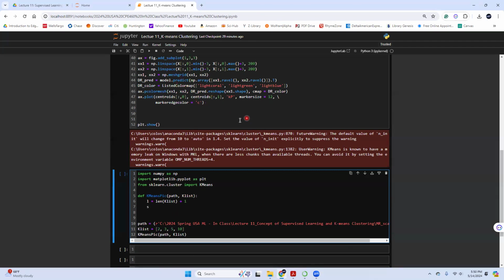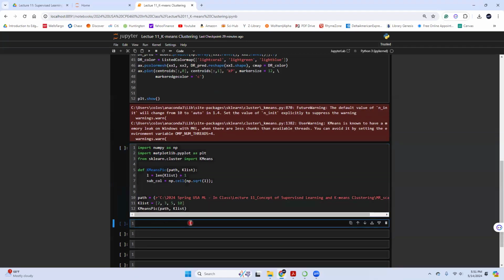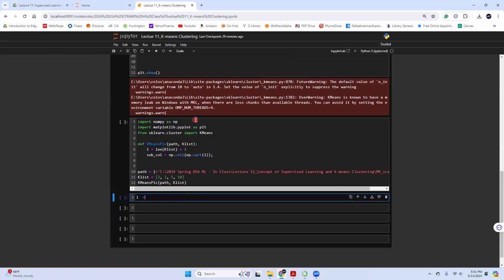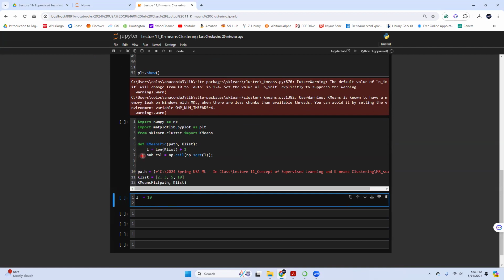Since my plot is like a rectangle in which the length is actually longer, I'm going to do the column first. So I have the subcolumn equal to np.ceil. I need to use a ceil function, and then here I'm going to have the square root, sqrt of L. And here I believe I will need to use astype, because this will not give me an integer. Let me do an example. Well, that's the reason why I love Jupyter Notebook. I can say for example L equal to 10.